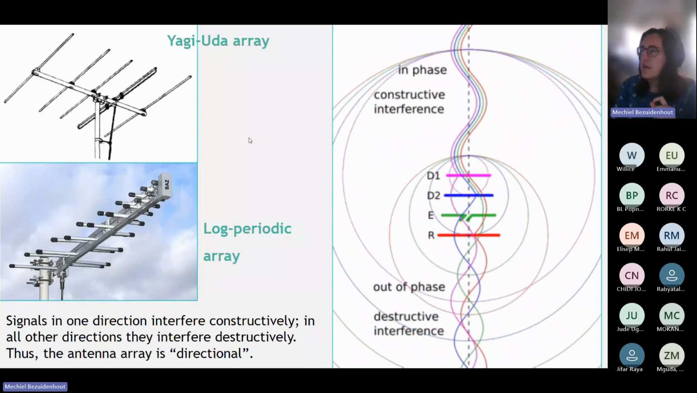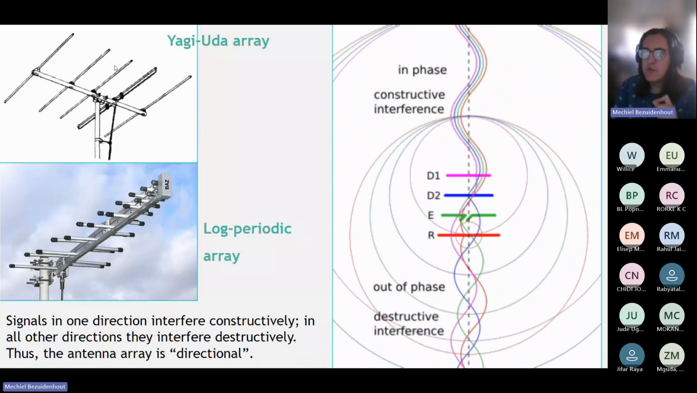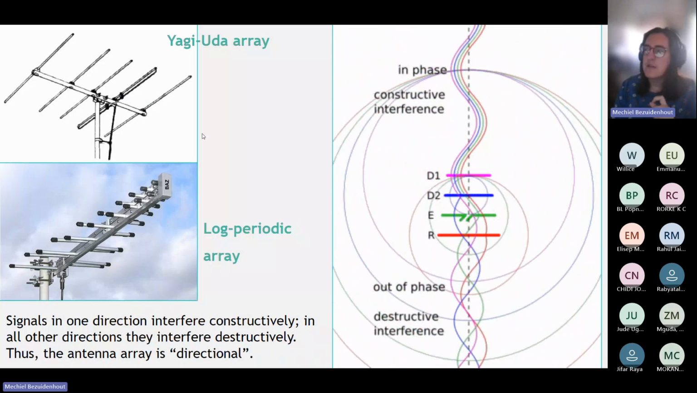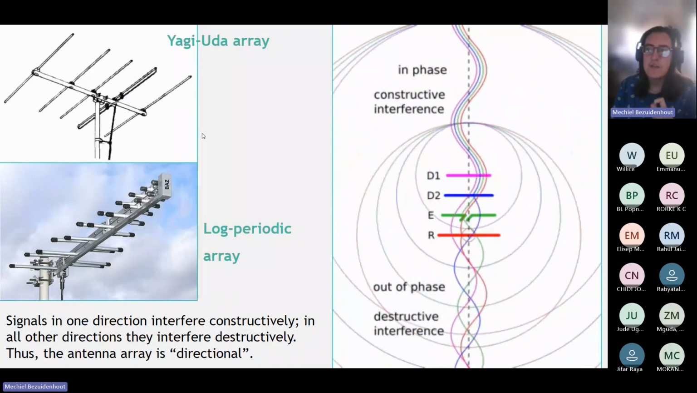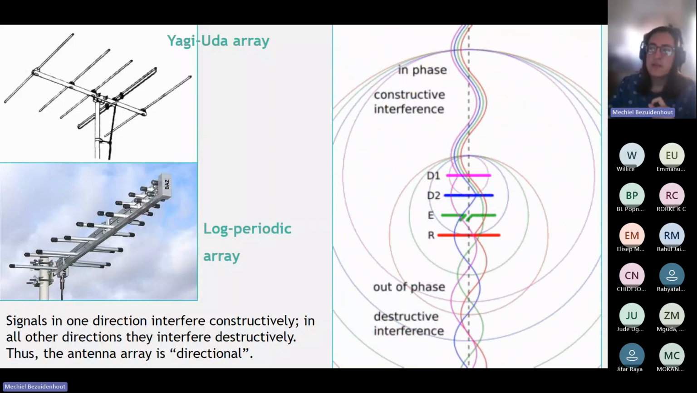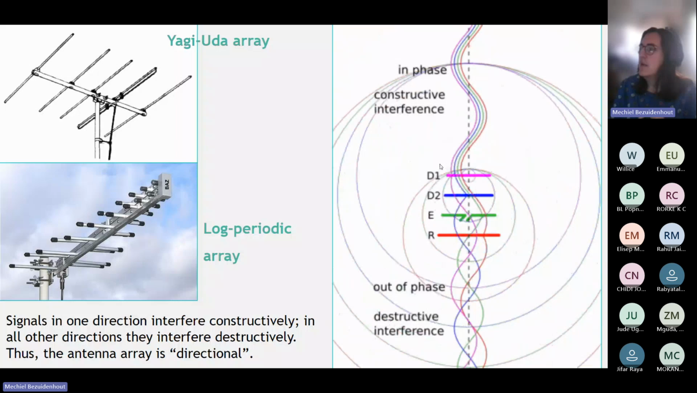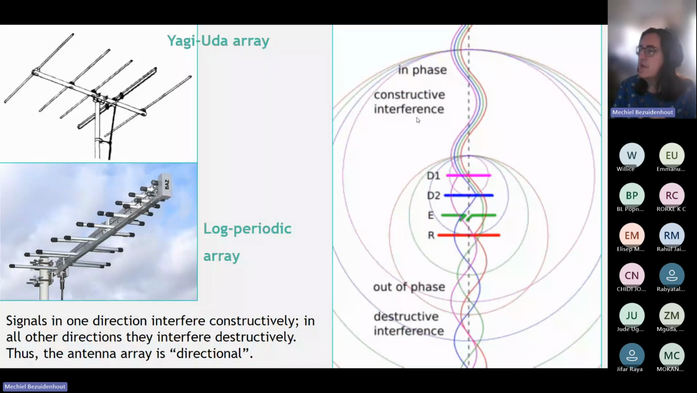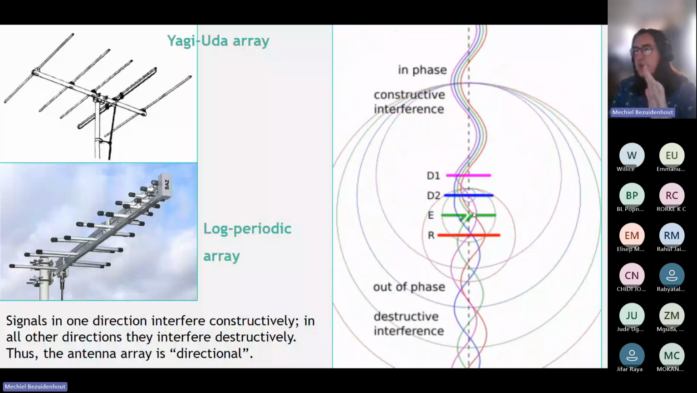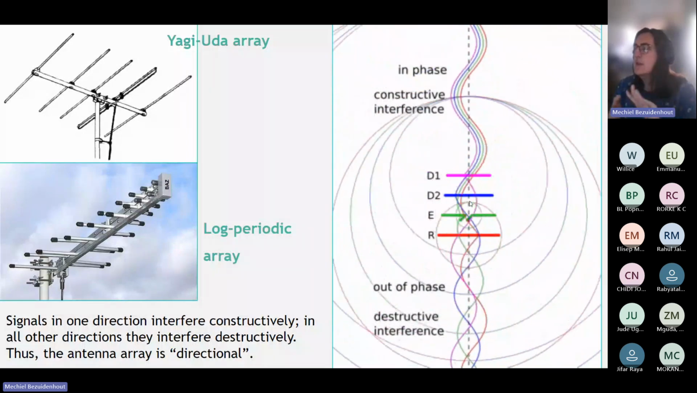And the important thing about this is because these are all working together, it's a directional antenna. So it's only able to send and receive signals in a particular direction. And this animation on the right shows you how that works. So because there's a spacing between those antenna elements,